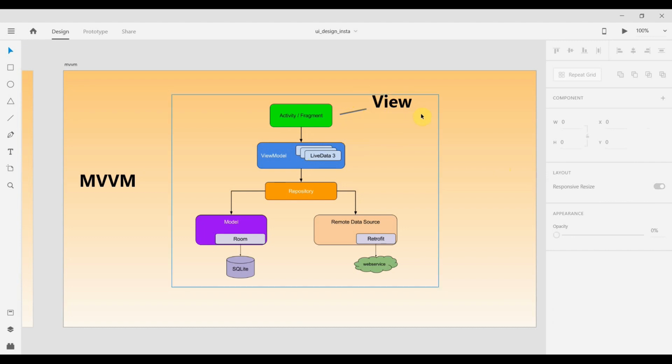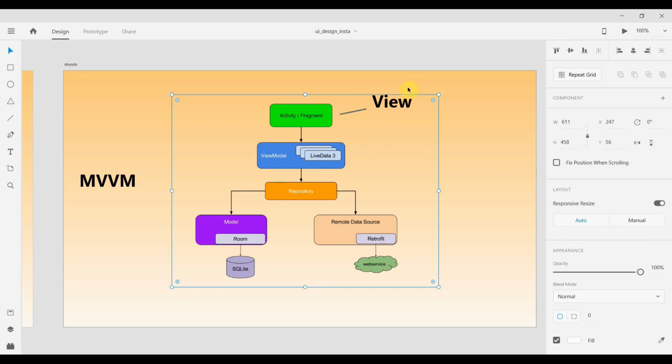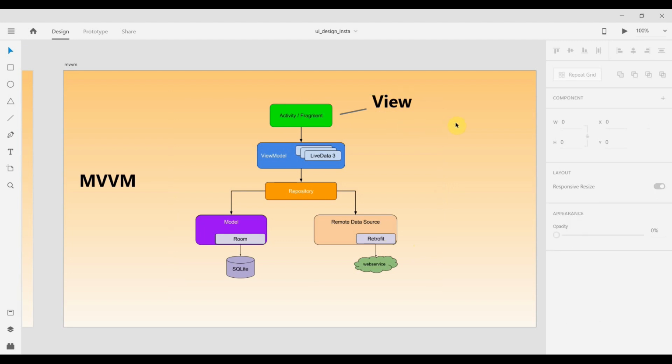As you can see in the figure, our activity and fragment is basically the view, and then we have this view model class, and then the repository. I'll explain all of this, and then we have this database, Room, our local database, or remote data source, that is our web service. So views are just the part of our app which handles what the user sees or touches on the screen, that is our user interface.